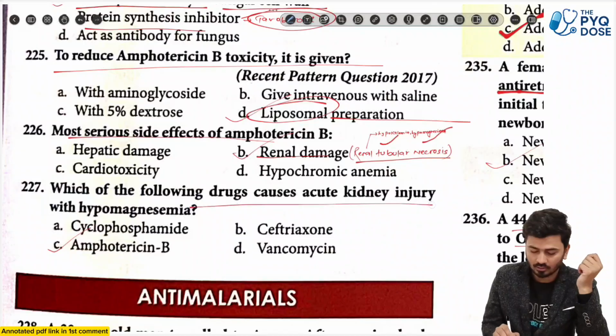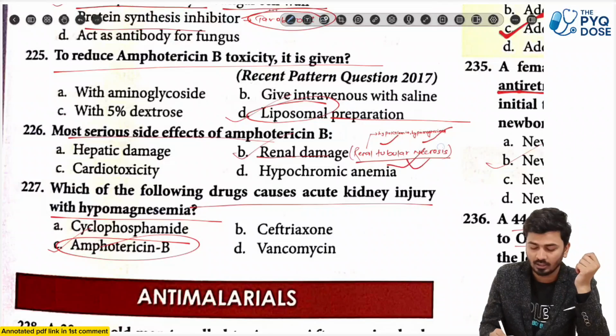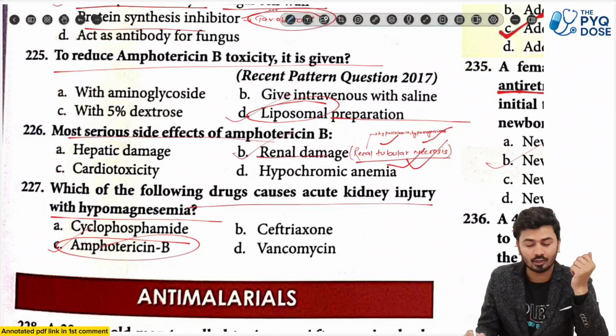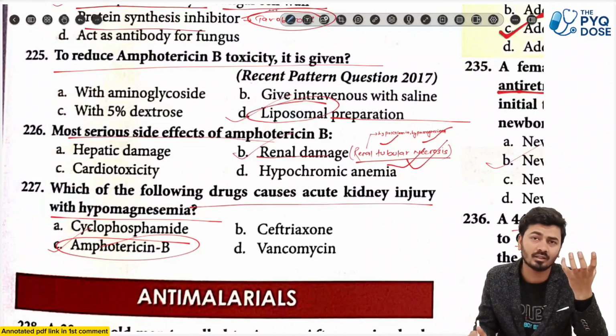Which of the following drugs causes acute kidney injury with hypomagnesemia? With hypomagnesemia, generally this is nothing but amphotericin, as we just saw here, acute renal tubular necrosis they will be causing. So this much for generally the antifungals and antiparasitic drugs. It was a very short topic, we just covered it in 10 or